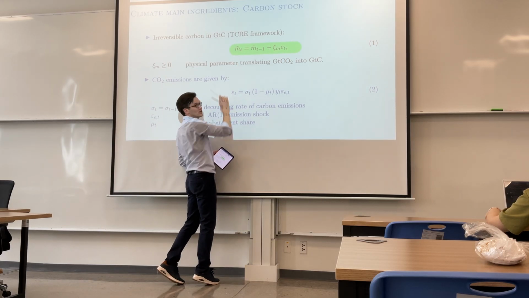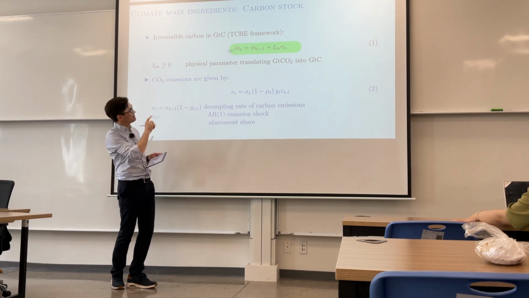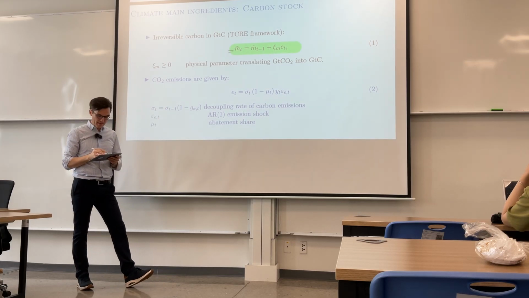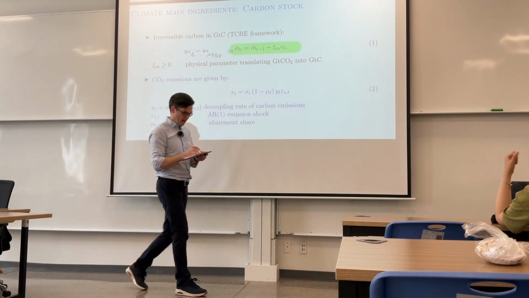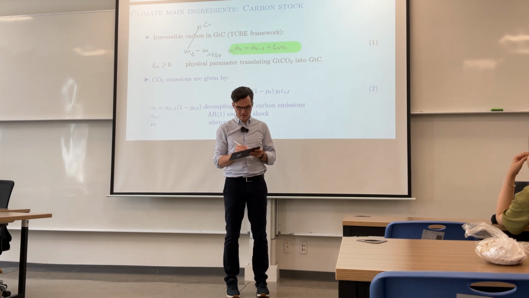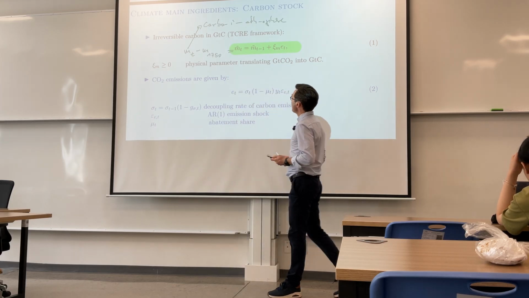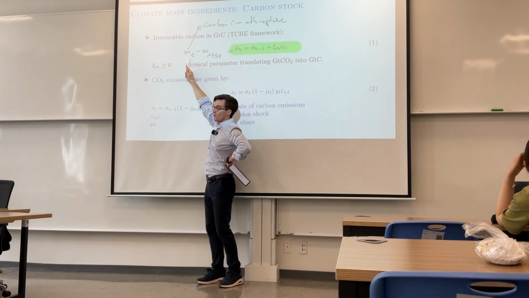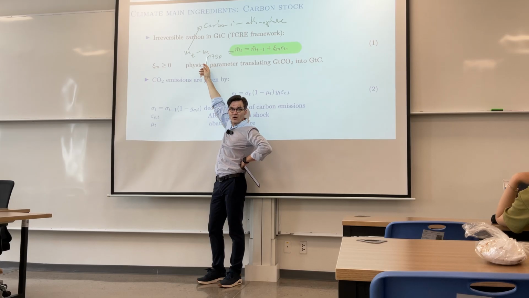M tilde measures that. But if you were reading the paper very closely, why is there this twiddle on it? Well, M twiddle or tilde is defined as M_T minus M in 1750, where M is the carbon in the atmosphere. So it measures the deviation of carbon in the atmosphere relative to the amount of carbon in the atmosphere